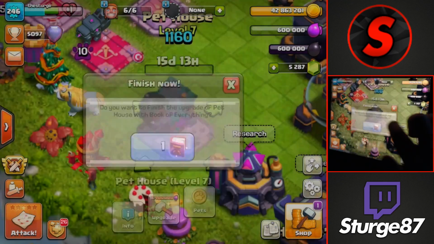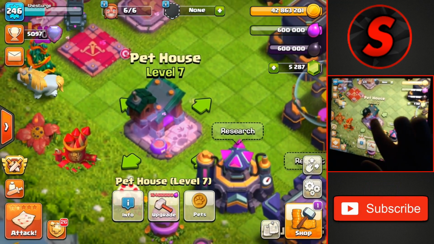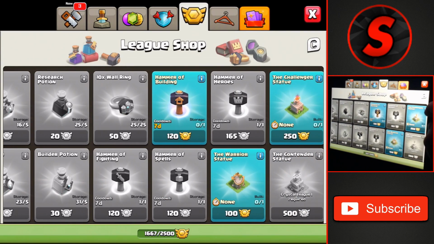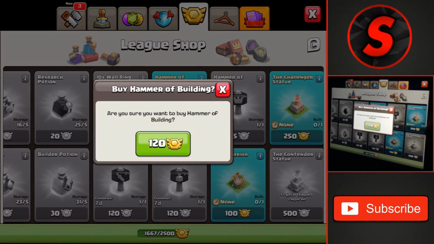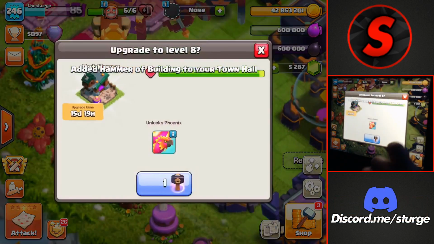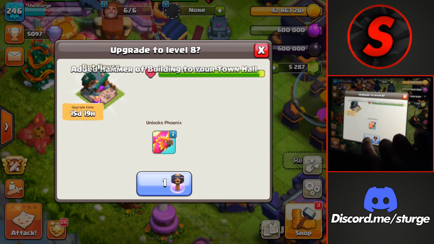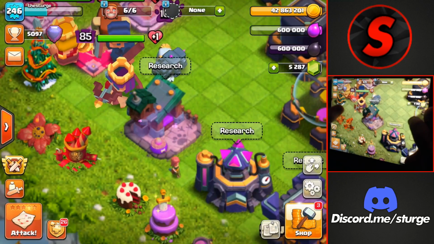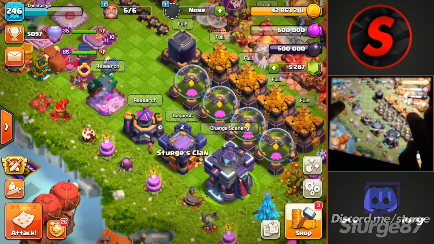of everything. And the last upgrade for the pet house will be using a hammer, as I have saved up here. I bought one in advance for every single type of hammer before the update, and we'll get that there and upgrade the new pet house up to level 8, getting the Phoenix unlocked, which is pretty cool. So now we have every single new pet unlocked on the Town Hall 15,